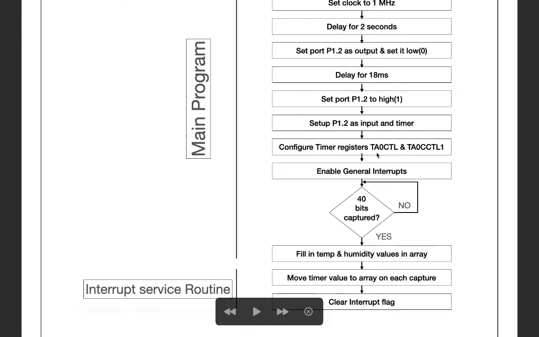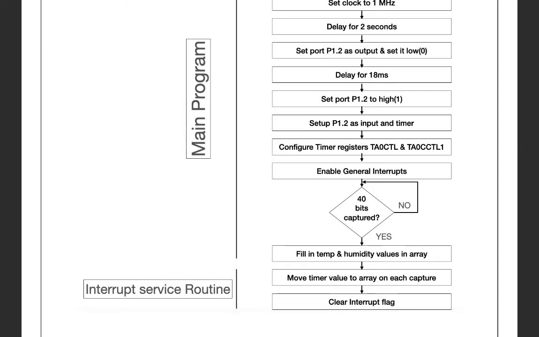We will configure the timer in capture mode, and later I will show which bits we have to set high and which to set low in order to configure the timer in capture mode. We are using timer A0.